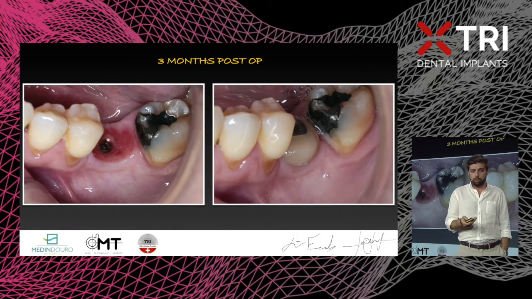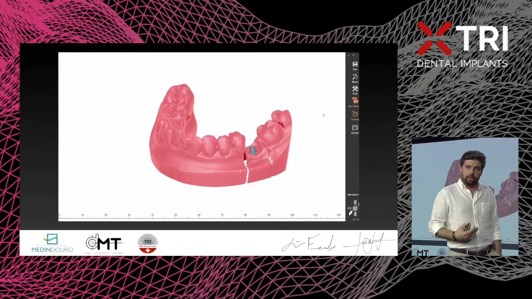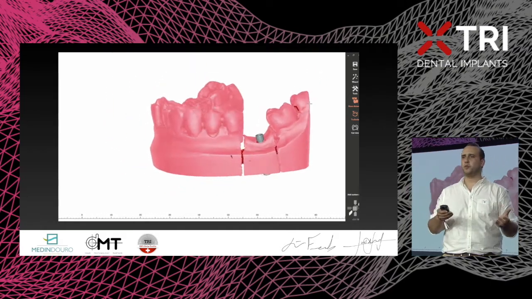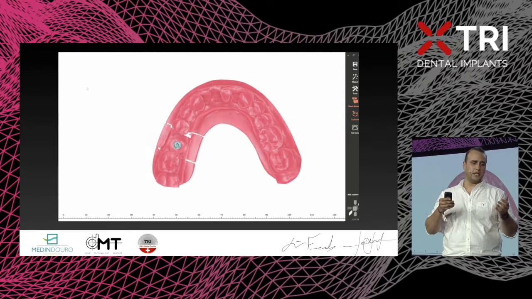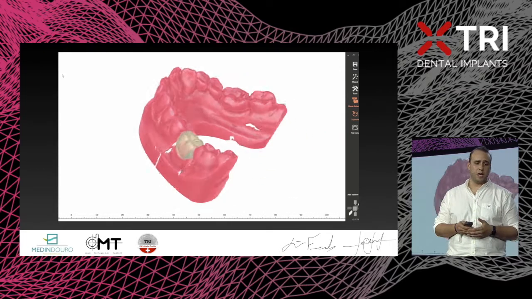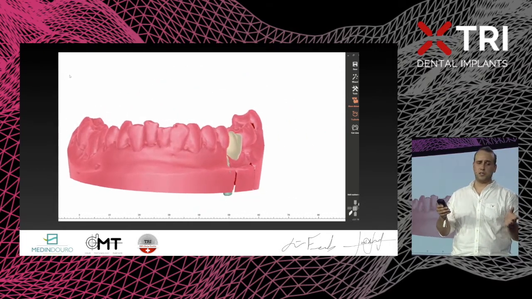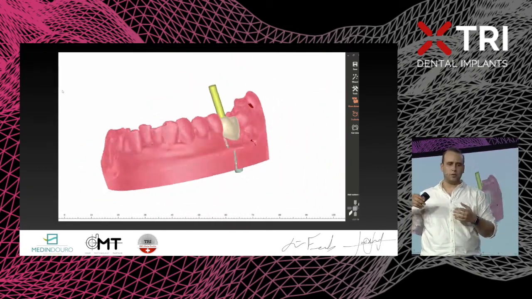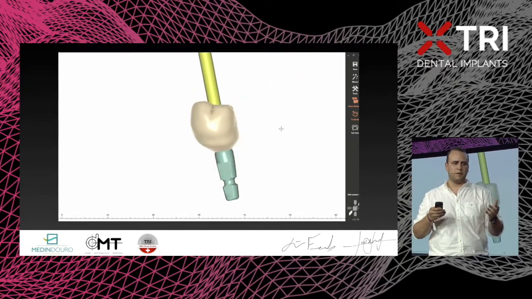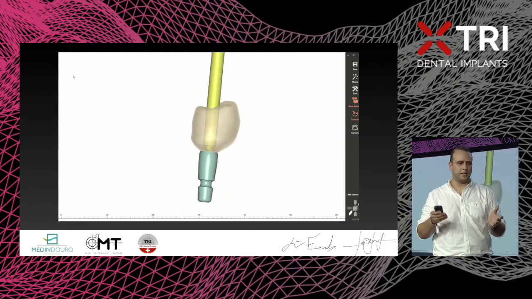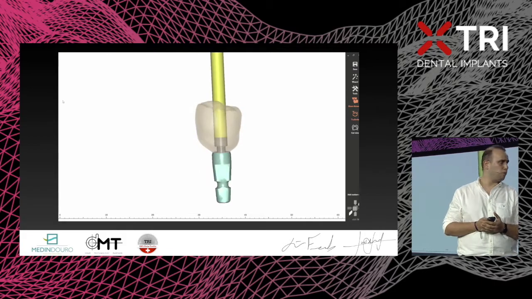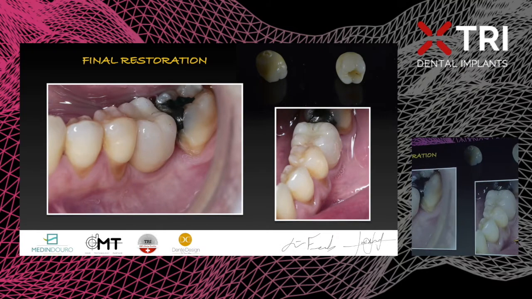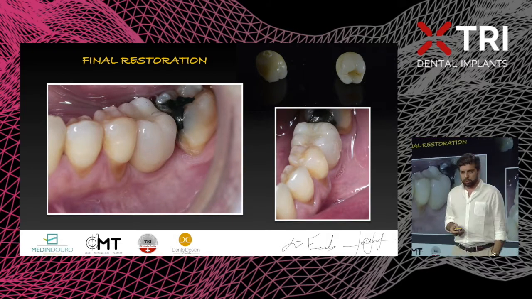So all I did is take an impression, send the message to the lab, this guy can work. Exactly. At that point, we have everything we need to produce a monolithic zirconia crown in a perfect way. We have a completely designed emergence profile. One more time, we can correct in that step something we want to improve, but the final result is really aesthetical and with the correct emergence profile crown. So in this case, monolithics. I really like monolithics. I'm sure you all do.